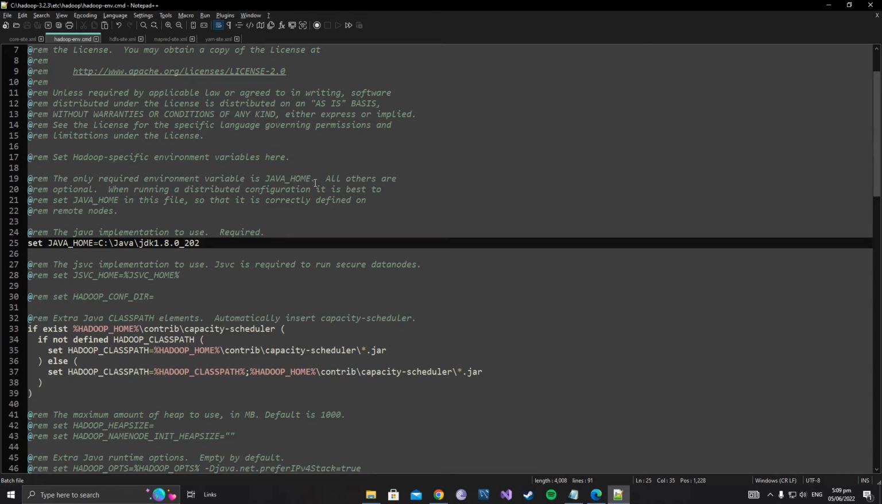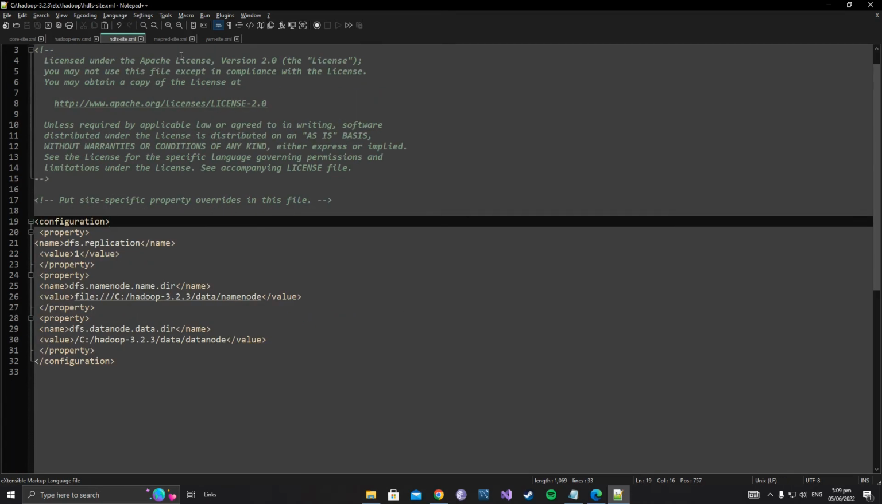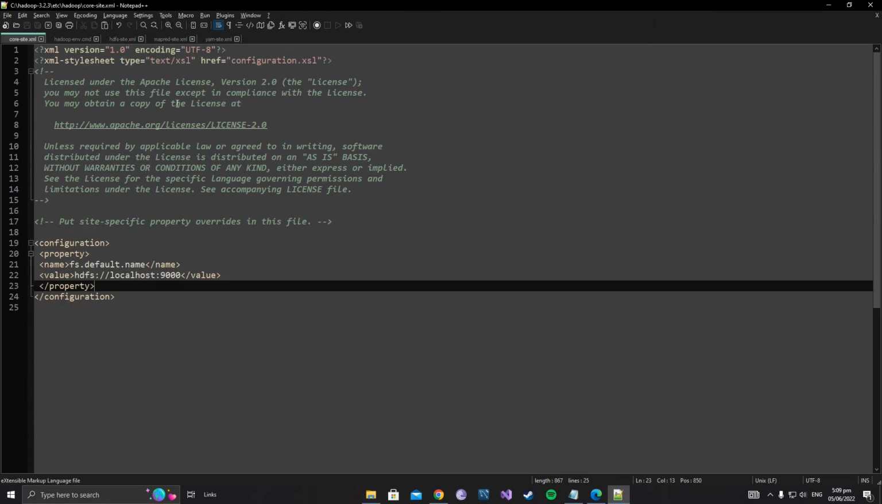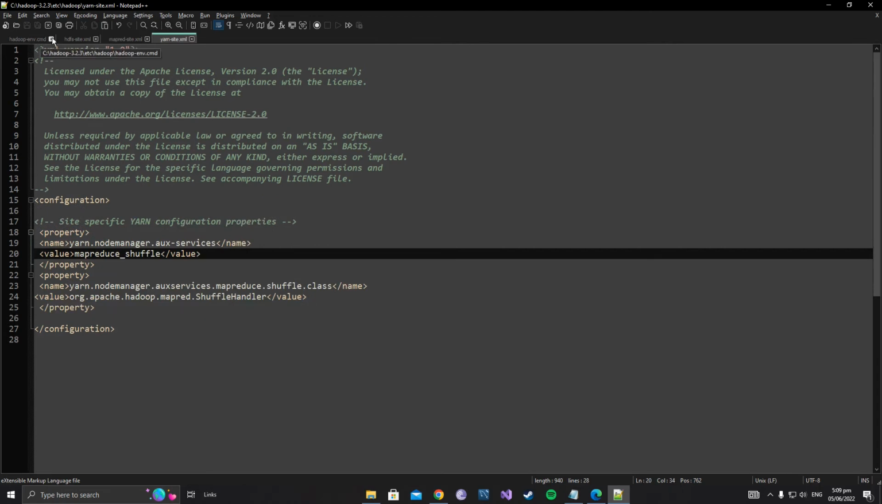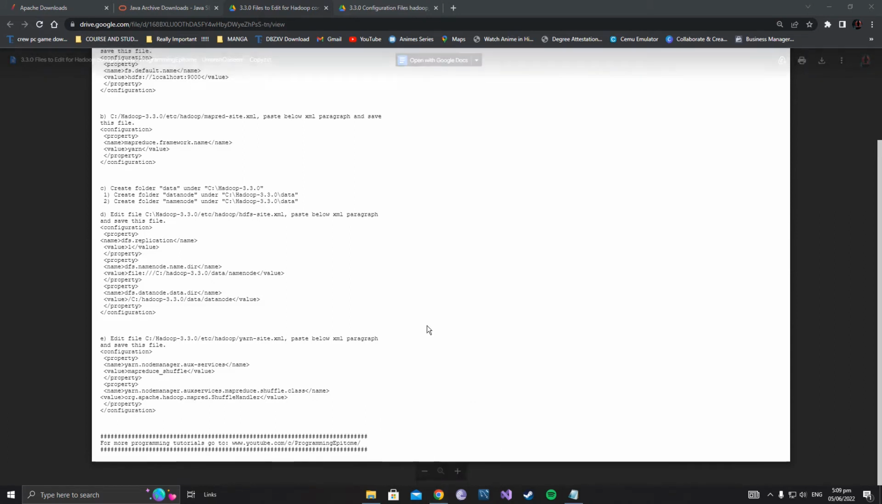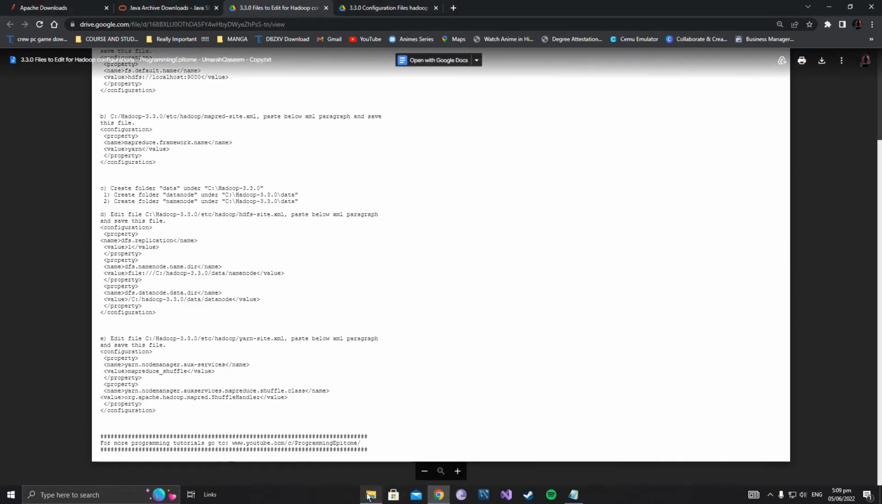Okay, after you have set this Java environment and set its path, press Ctrl+S to save all your files, and then you can close them one by one and exit. What you need to do now is go to your environment variables